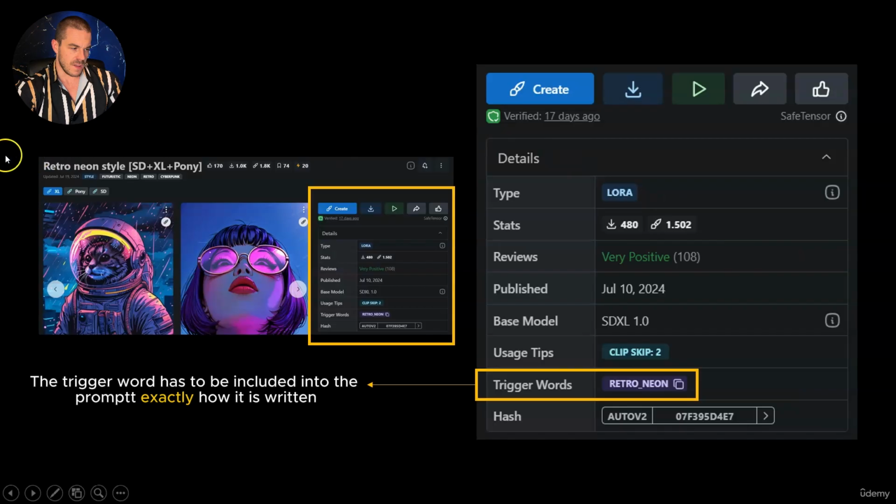Now that we saw that we can do very specific in-painting using a LoRa, I also want to show you that we can generate whole images based on a LoRa. So the whole image is affected by the LoRa, and how we do that, we will see as usual on my screen. I selected just an example LoRa called Retro Neon Style, and this LoRa gives us the opportunity to